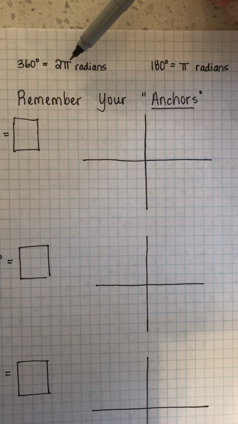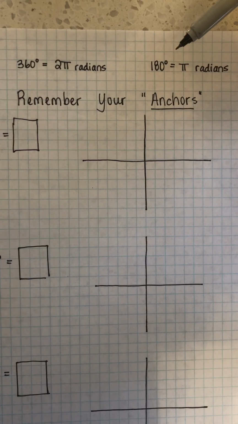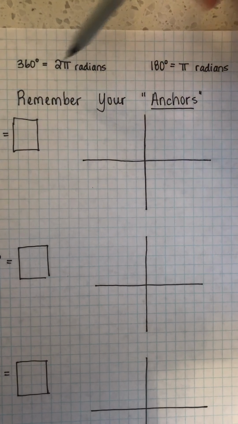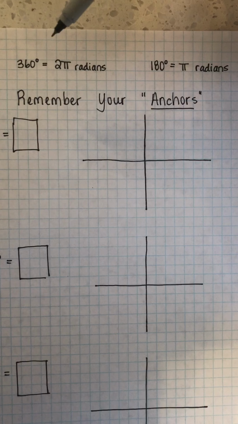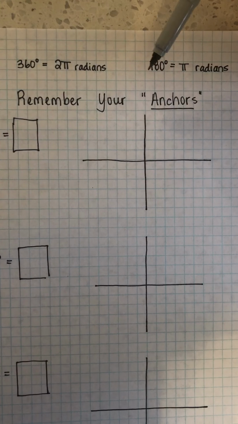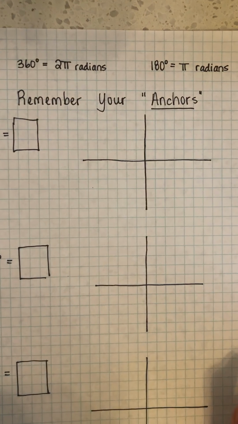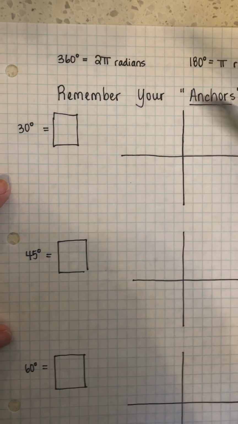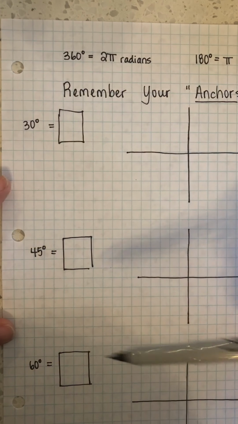Then we divide that by 2, and we get our second conversion factor, that 180 degrees is equal to pi radians. So they'll land in the same spot on a unit circle. So 360 degrees lands in the same spot as 2 pi radians. 180 degrees lands in the same spot as pi radians. Well, our main angles that we're going to be working with, especially on the unit circle, are your 30s, 45s, and 60s, because those